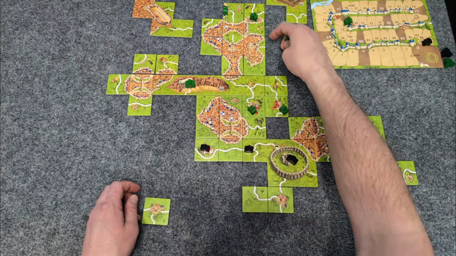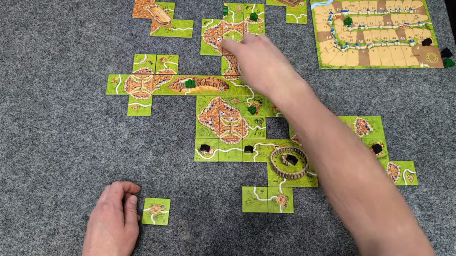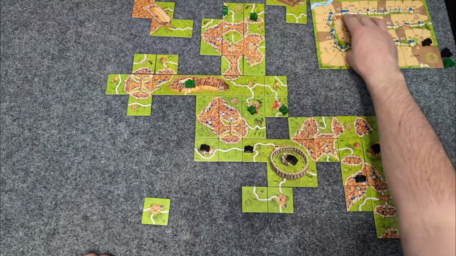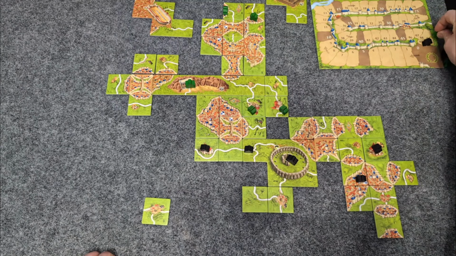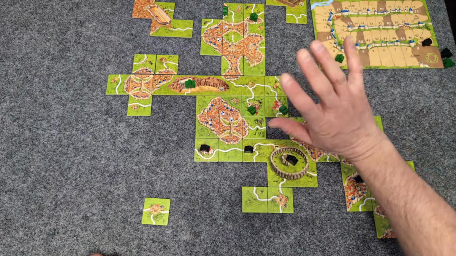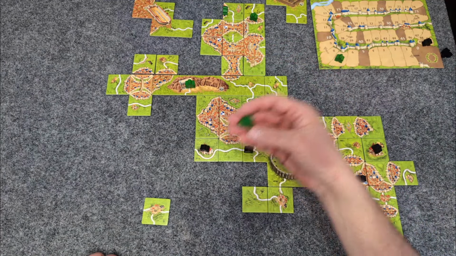Okay, how do I do this? 2, 4, 6, 8, 10, 12, 14, 16, 18, 20, 22. I'm at 35, 10, 11, 12, 13, 14, 15, 16, 17, 18, 19, 20, 22. Now I'm going to take this and